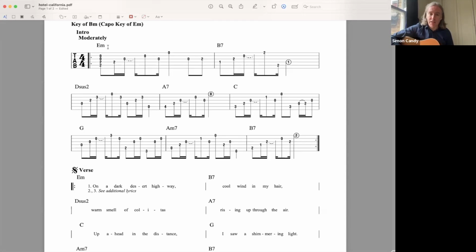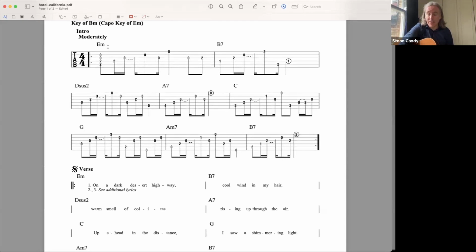Yes, you're on the E minor, but you want to be looking ahead and seeing that there's a B7 coming up and that there's a D sus. You're not going to be looking at the chorus when you're in the introduction or even the verse, but you are seeing the bars that are coming up and you're preparing for that. So we want to have all this going nicely and not have to pay much attention to the technique of playing the chords, so that we can focus on the chart in front of us. You can practice that just by doing single strums, not even keeping time, just a very loose